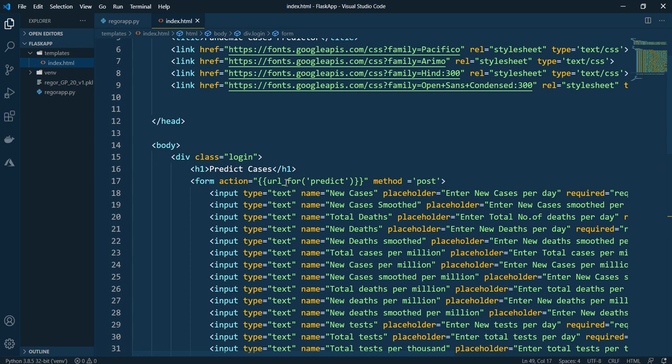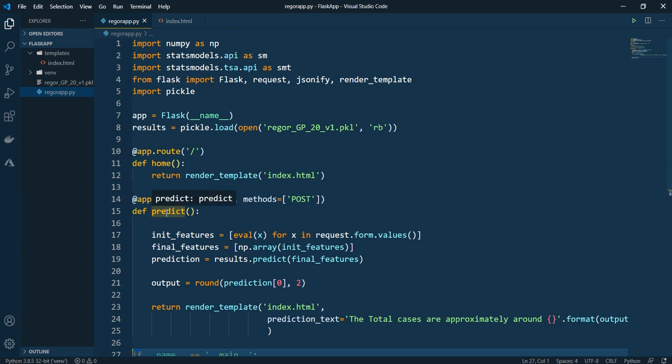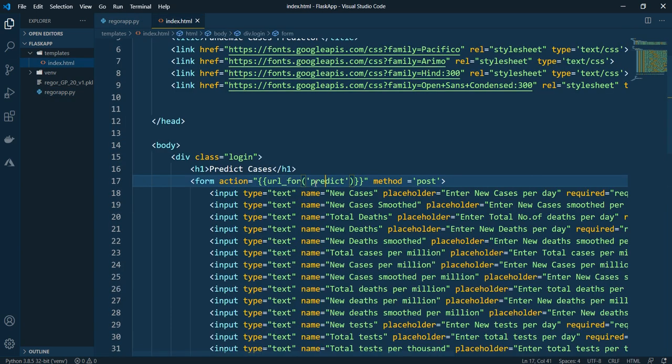This is another method present inside your Flask framework, and it will do the prediction. Here I have written predict, in accordance with this method. So whatever name you have written here, you have to give that same name here.